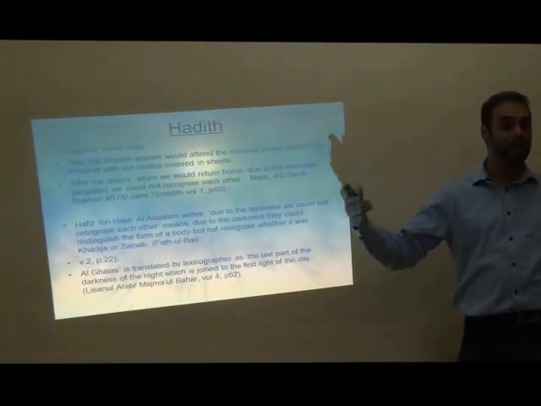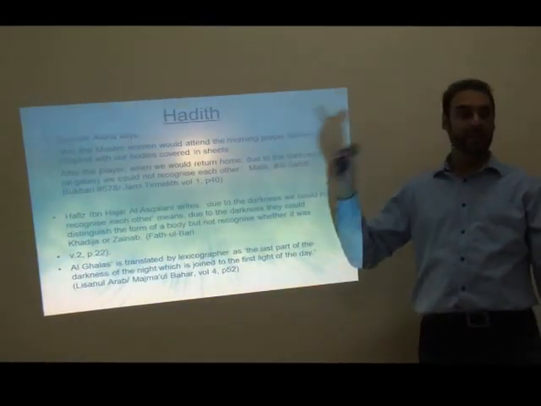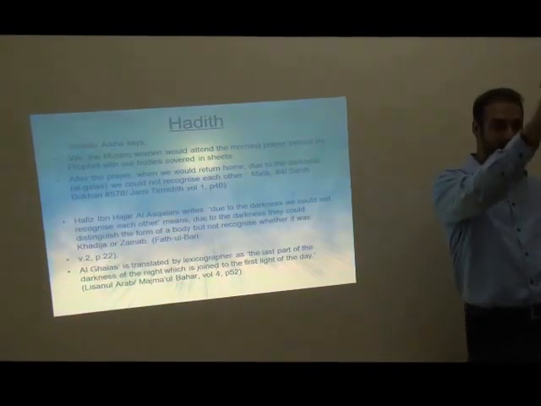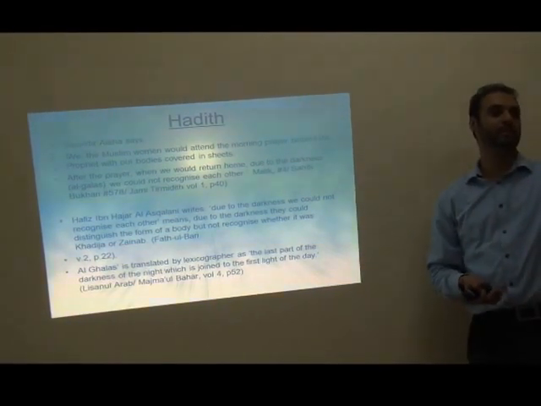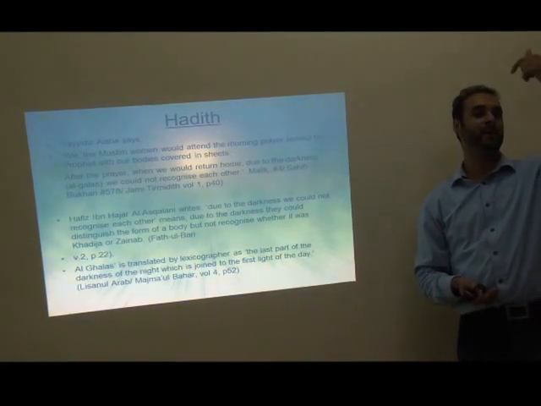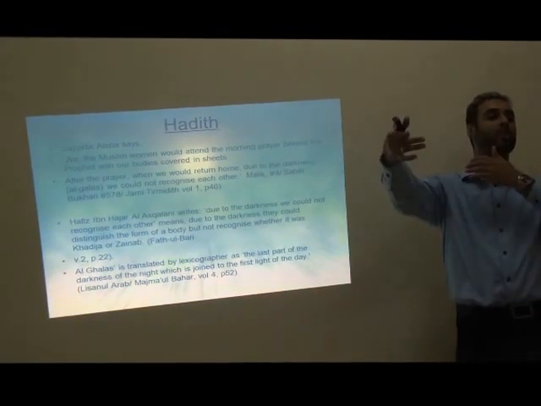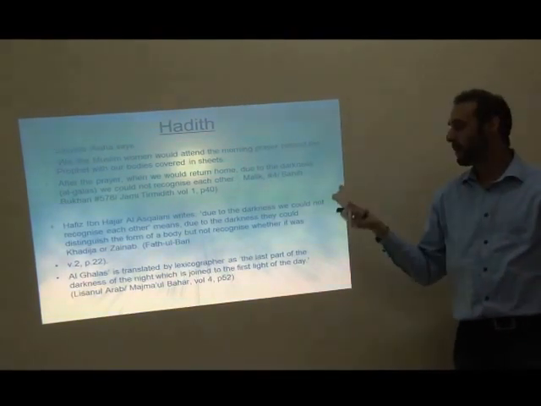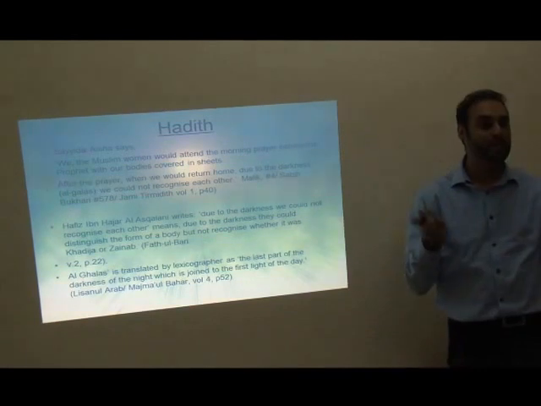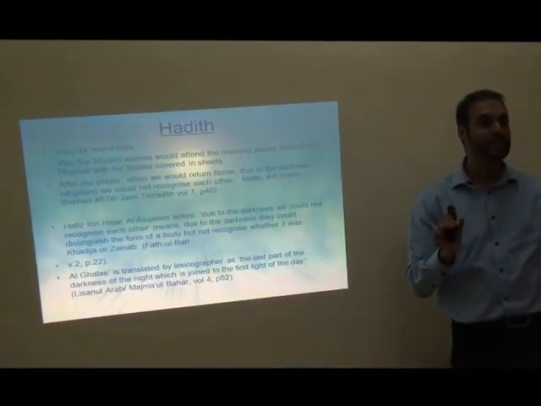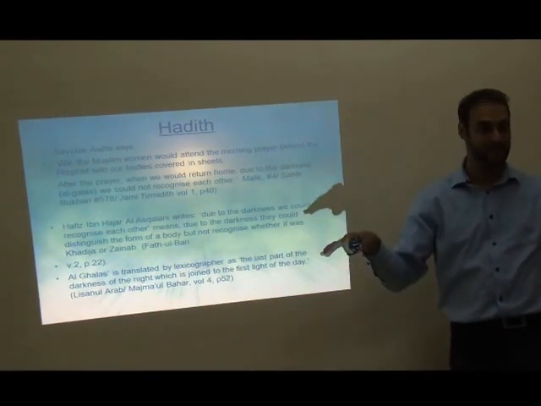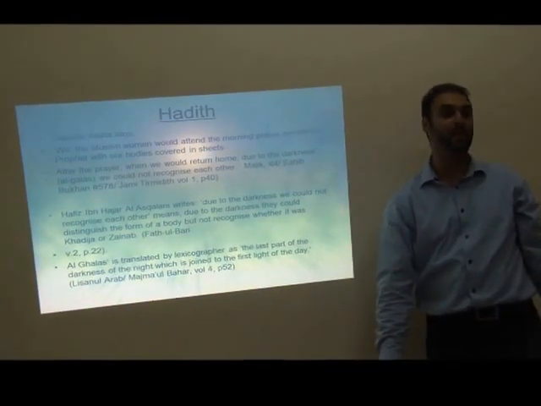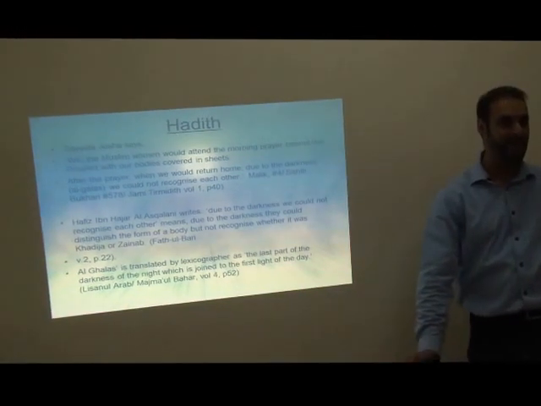Now they would pray and they would come out, and even after praying the prophetic prayer and coming out, they could see each other, they could see the silhouettes, because it's possible to see a silhouette in darkness, because the sky behind you is always going to be brighter. Even when the sky is totally black, it's going to be brighter than it is normally. But they would not be able to recognize the faces. So this is very interesting, because even after that lengthy prayer time, they could not recognize each other's faces, meaning the sun was very low down below the horizon. And it was still low down below the horizon when they came out.